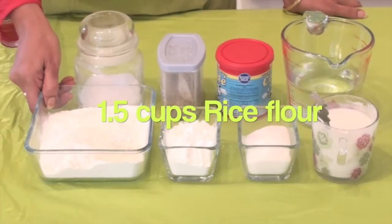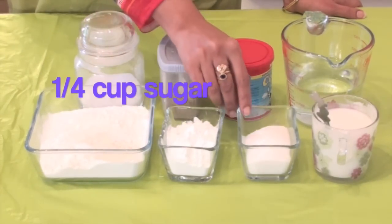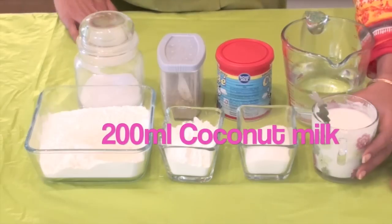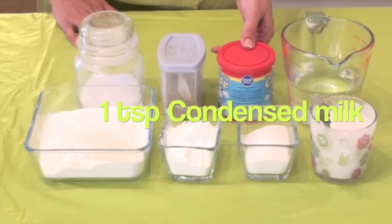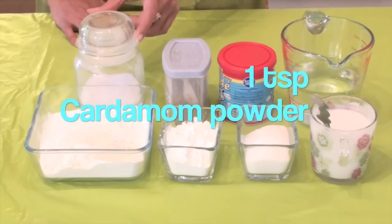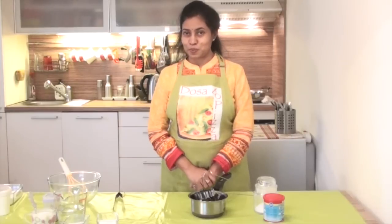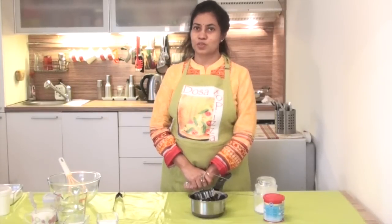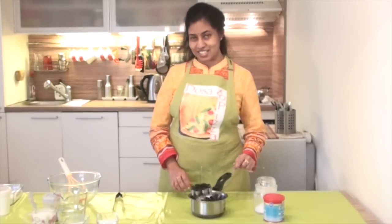1.5 cups of plain rice flour, half cup of corn flour, quarter cup of sugar, 200 ml or 1 glass of coconut milk, 1 teaspoon of condensed milk, 1 teaspoon of cardamom powder and a pinch of salt, water if required. Well, somebody who is going to be very important for these roast cookies or the Achappam Murukku is this